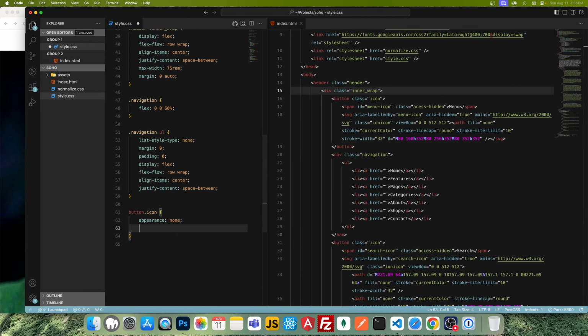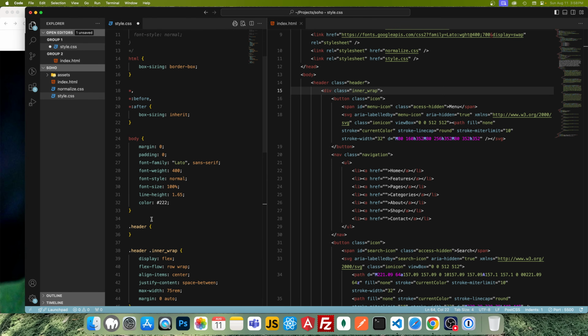So border none, and then background also none. And then we're going to write kind of a generic access hidden,